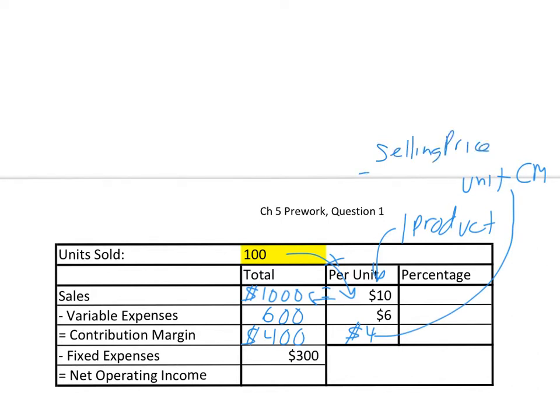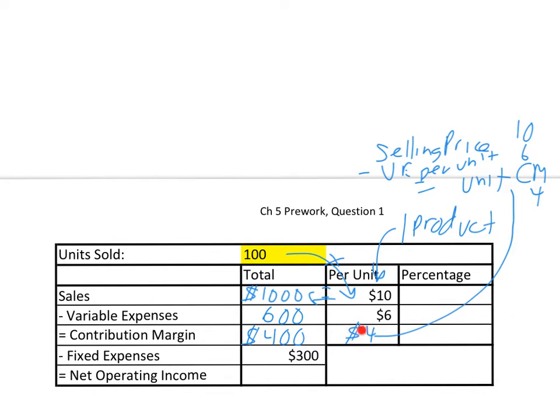Selling price minus my variable expense per unit is going to equal that unit CM. So we had $10 selling price minus $6 variable cost per unit equals the unit CM of $4. And basically what it means is every unit of product that I sell contributes $4 towards my bottom line. So it adds $4